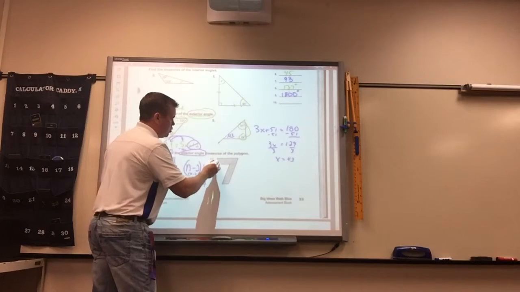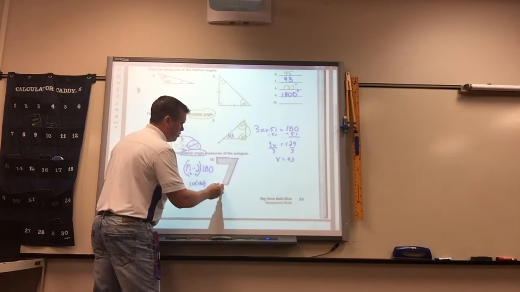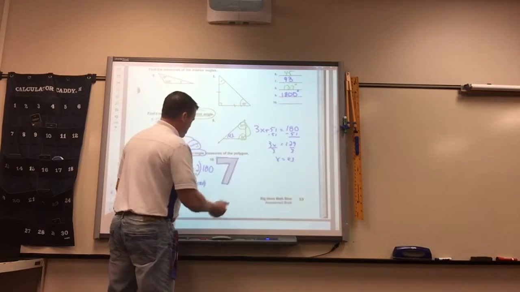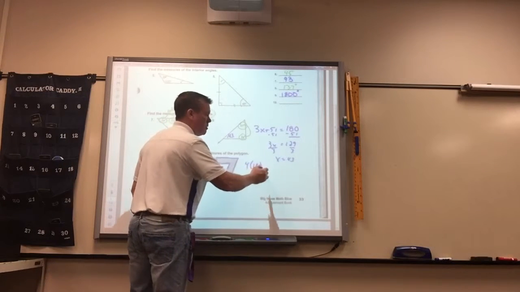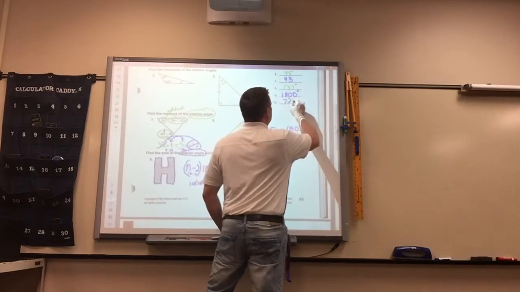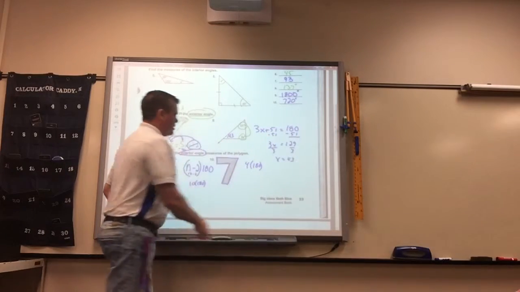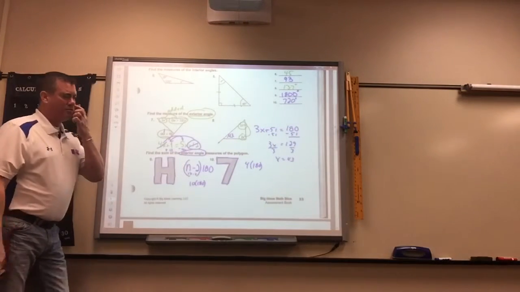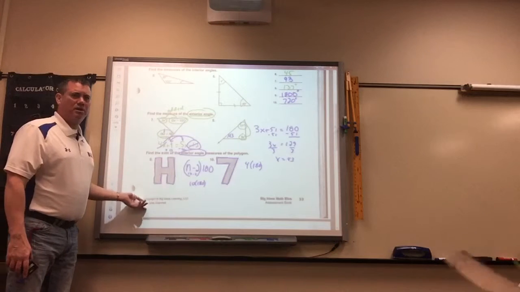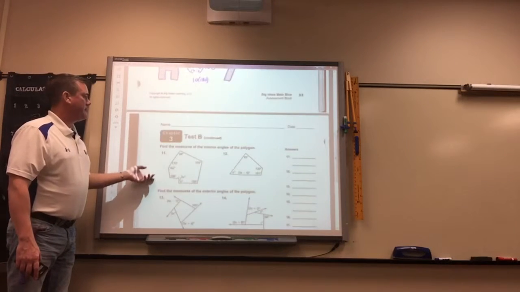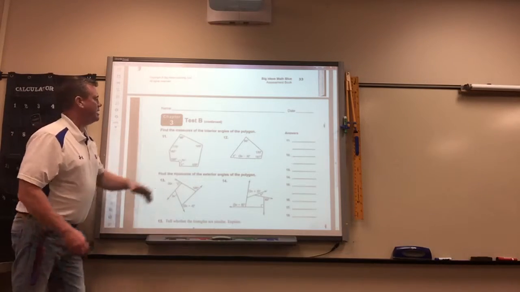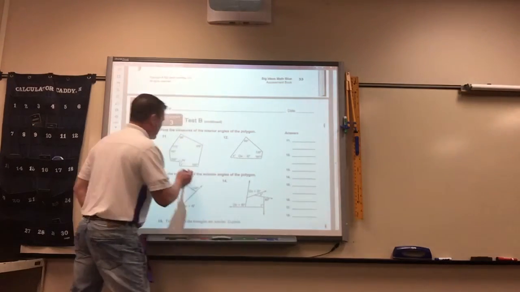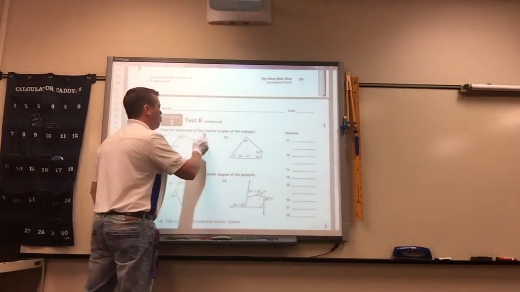Okay, this one has 1, 2, 3, 4, 5, 6 sides. So you take 4 times 180, which is 720. So you have to remember to subtract 2 off of the number of sides. Easy to do as long as you remember it. So what that means is that to find the missing measures, you need to know what the interior